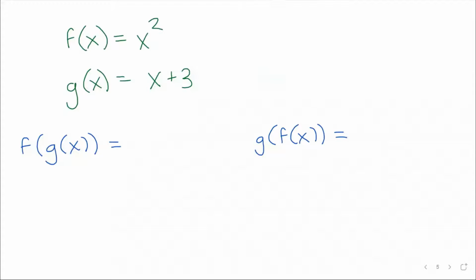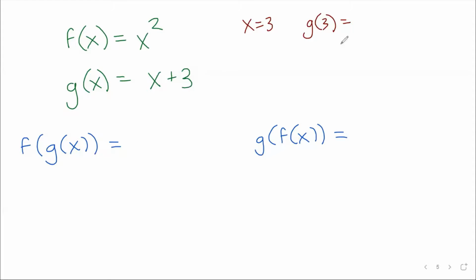Let's talk now about something different. These are called composite functions, or composition of functions. And first, I just want to point out in the notation here, this is different than what we saw previously with multiply. This is not f of x times g of x. This is g of x, and then that goes through the function f. So for example, if we were doing this with a number, let's just say we had x equals 3, then the first thing we would do here is we'd do g of 3,